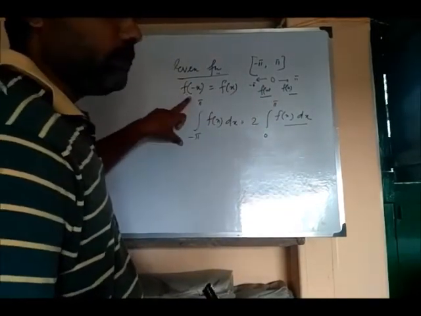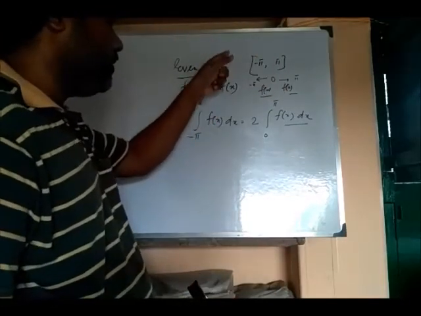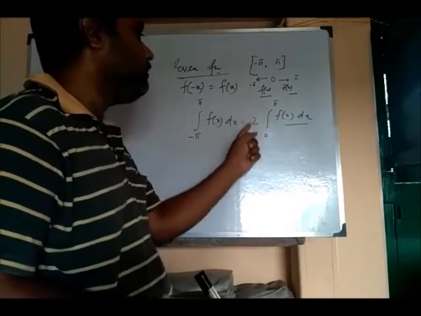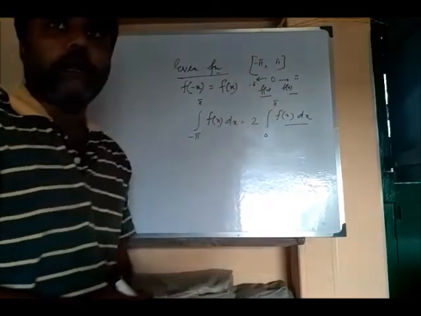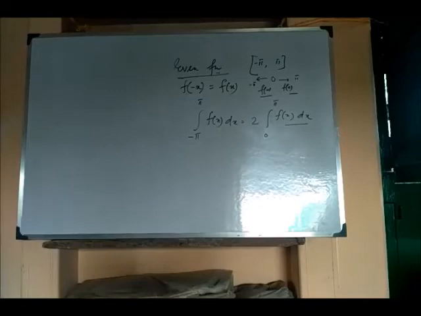This is the full range series, minus pi to plus pi. For the even function, you can change it to the half range series by multiplying by a factor of 2, because of its symmetry around the x equal to 0 point. So the Fourier coefficients in the case of an even function become